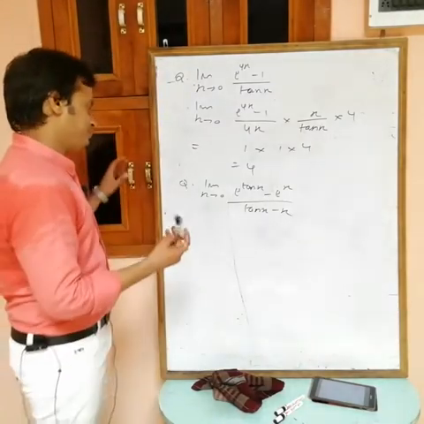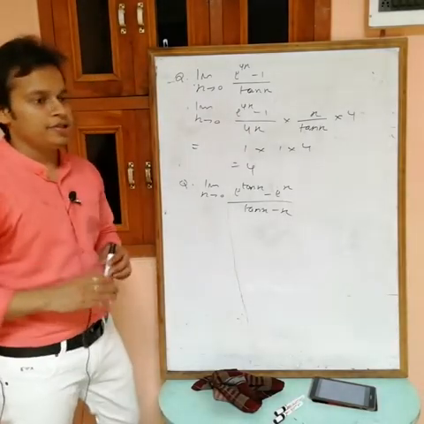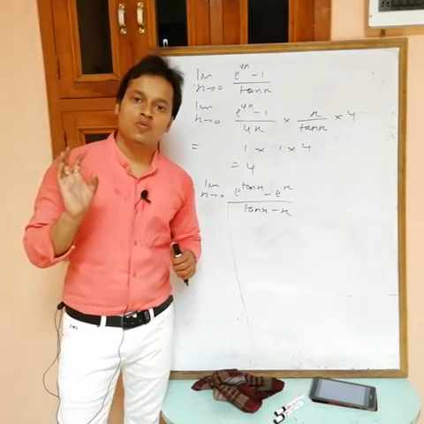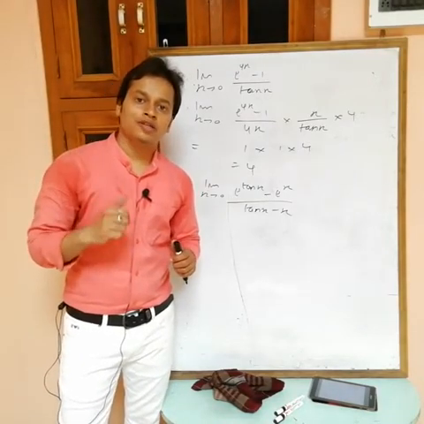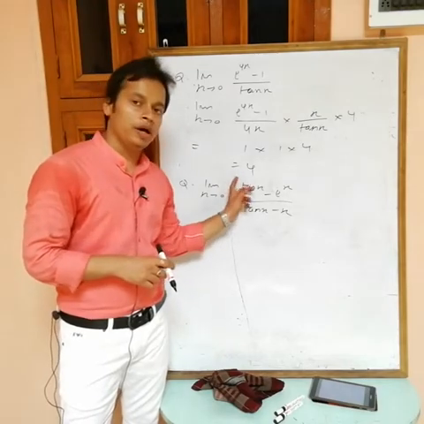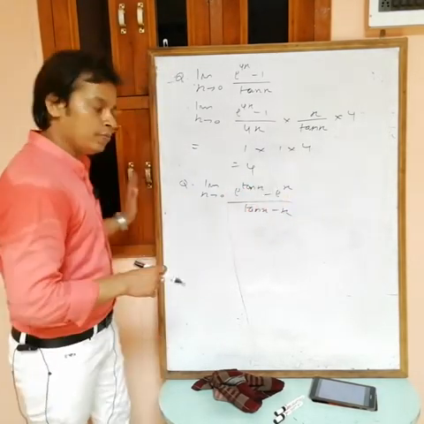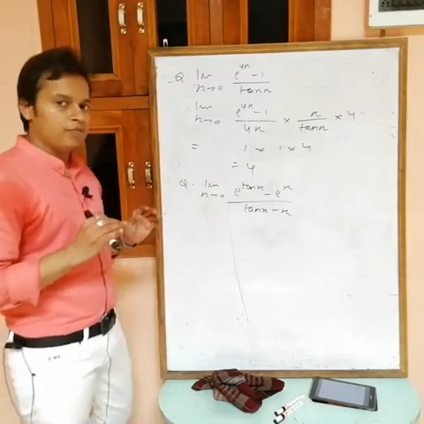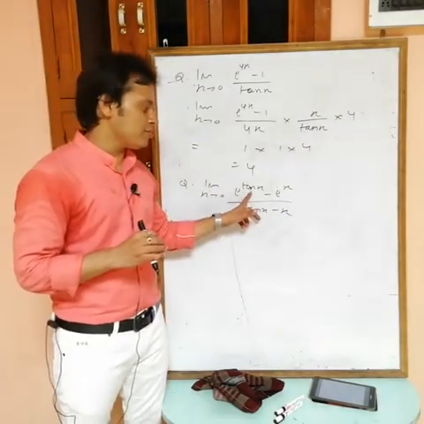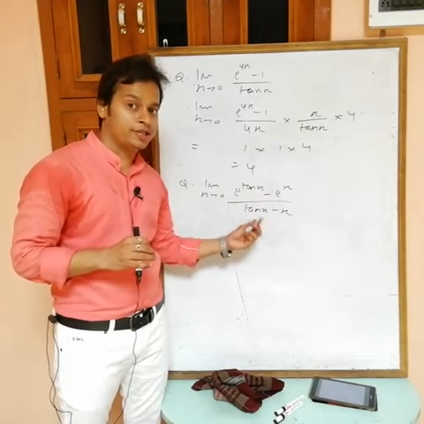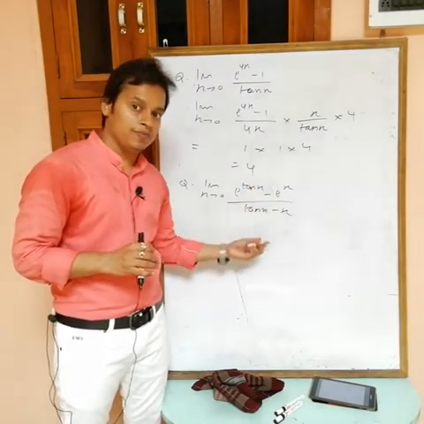Okay, here we have the standard limit that (e^x - 1)/x equals 1. Here what we want is e^x - 1. Take e^x common, because then in the numerator we get tan x - x, and in the denominator we also have tan x - x. It means this is the form (e^x - 1)/x.